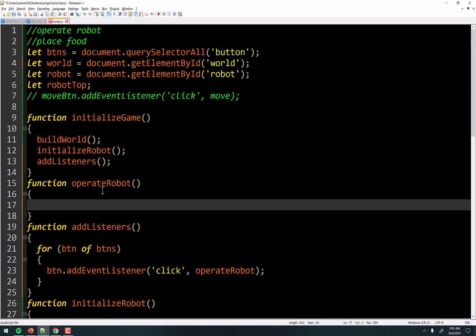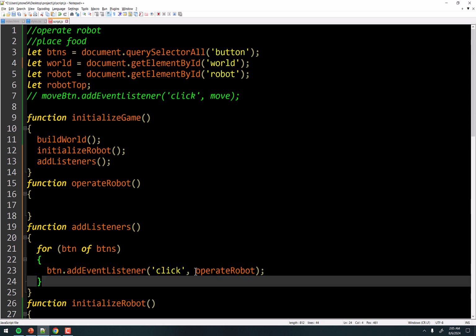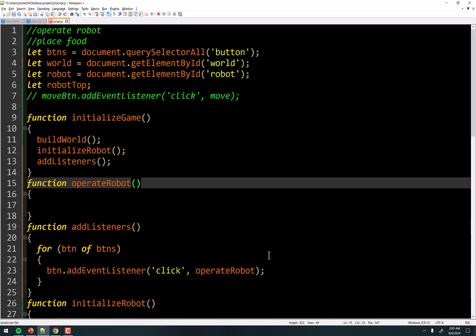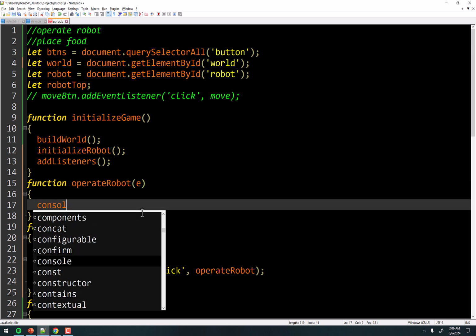Now, one thing that's fun about events is when an event fires, and there's an event listener listening for it, when this click event fires, it calls this function, and it will send the actual event as an argument to that function. So we can grab it here with a variable, whatever you want to call it. E or EVT is pretty common. I just like to use E because it's simple. So let's just console that out for a minute, okay?